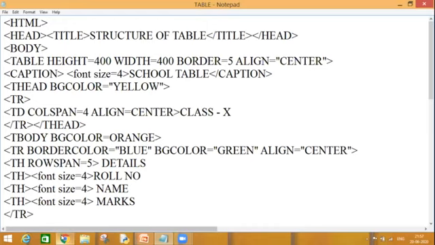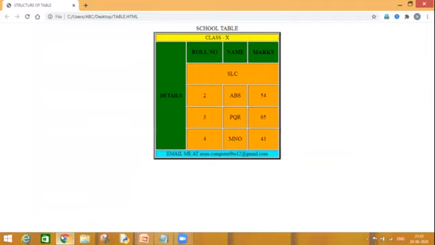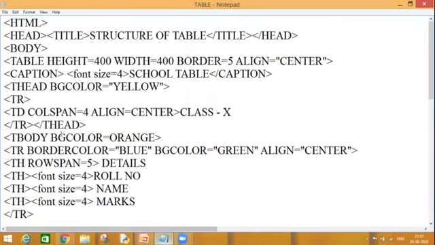So Control S, it would give me this effect. This is my TBODY now. And why is this green appearing? Because particularly inside my rows and columns, I have assigned this background color. And if I don't assign this background color, it will not give you any result.